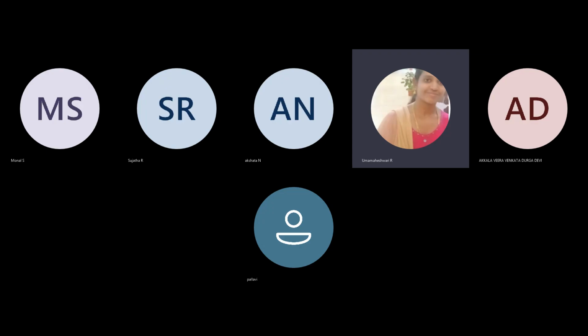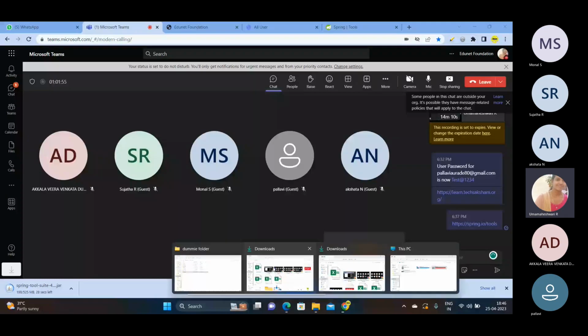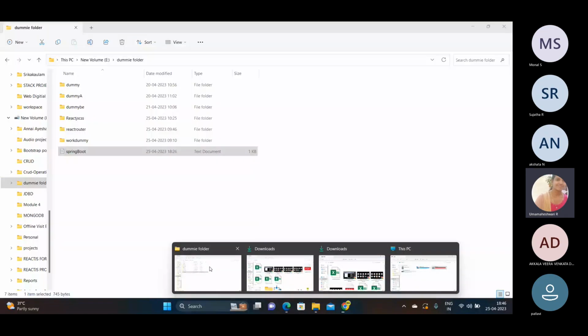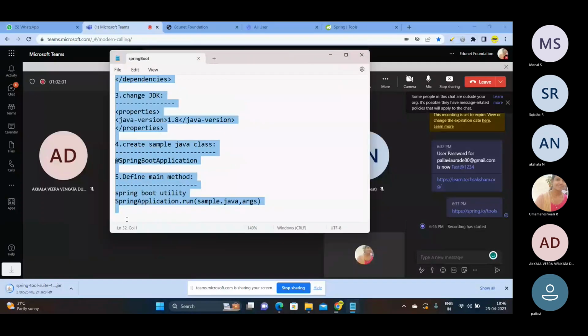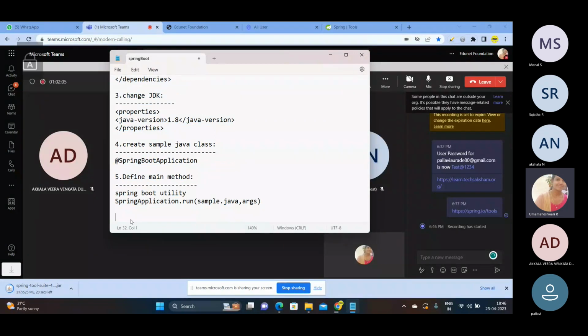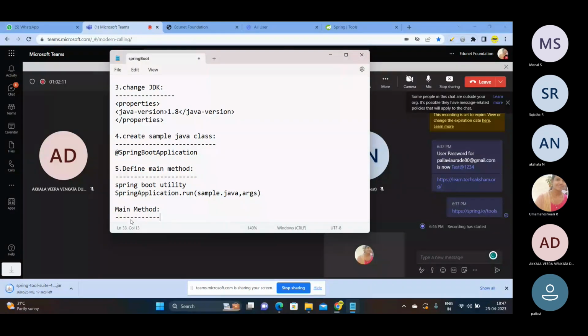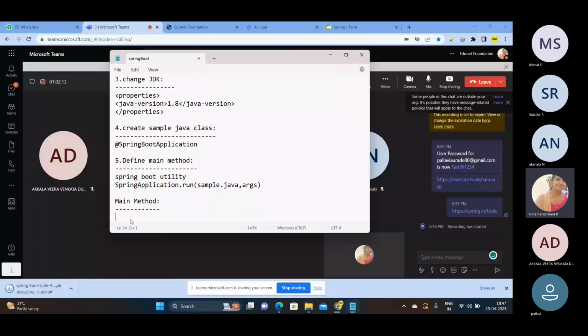Main methods. So after giving the steps, what we need to do. In the main method, so you need to create a main method. So in the main method, the first step is to set up the default configuration. We need to set the default configuration